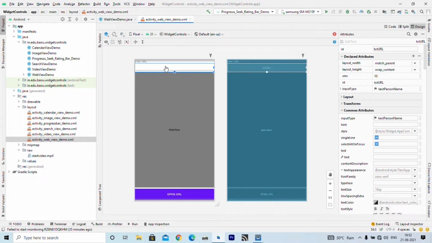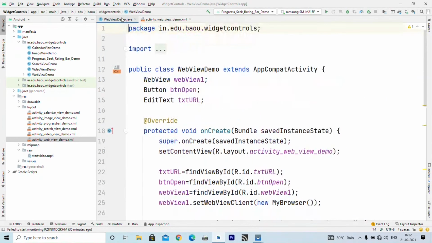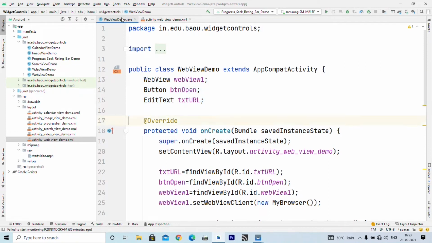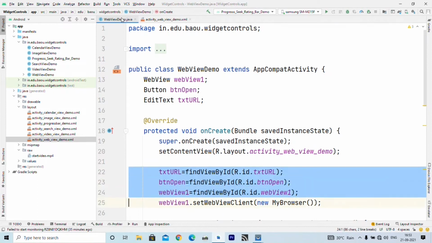So our interface is very simple. Next we want to write down our coding part. So for that we have the WebViewDemo.java file, where you can see I have declared 3 objects. One is WebView, another is Button and third is EditText. First we declare the required objects, then we initialize those objects by using findViewById with the corresponding object in